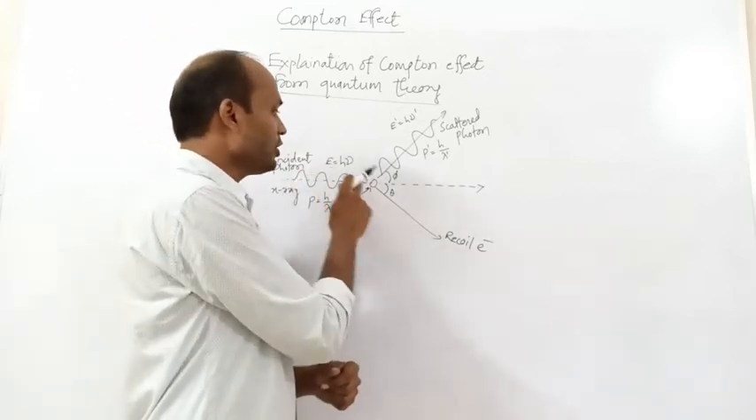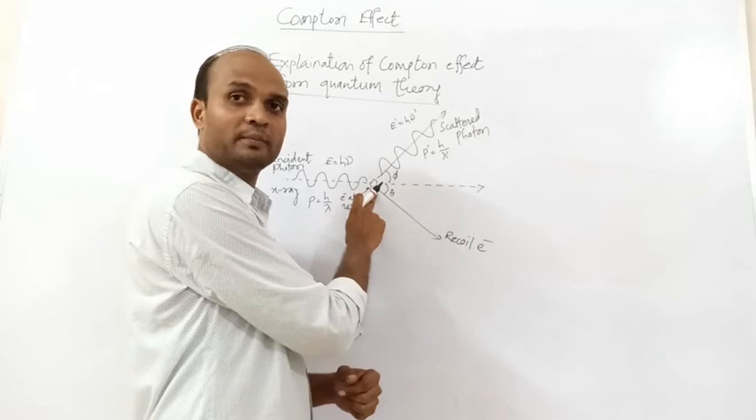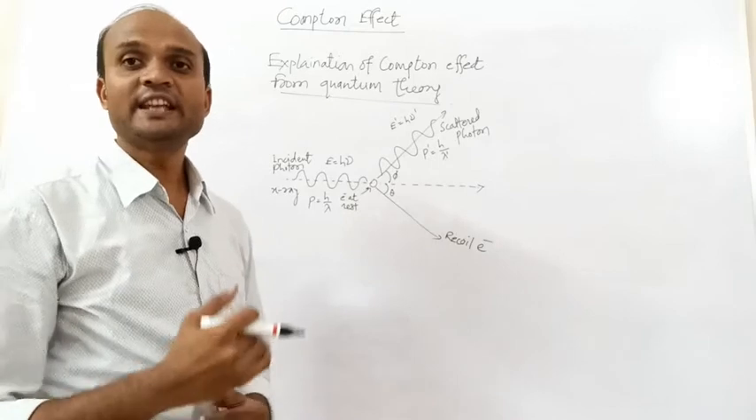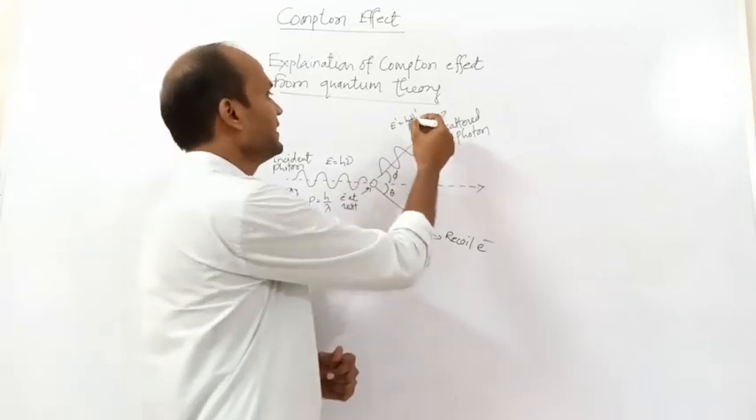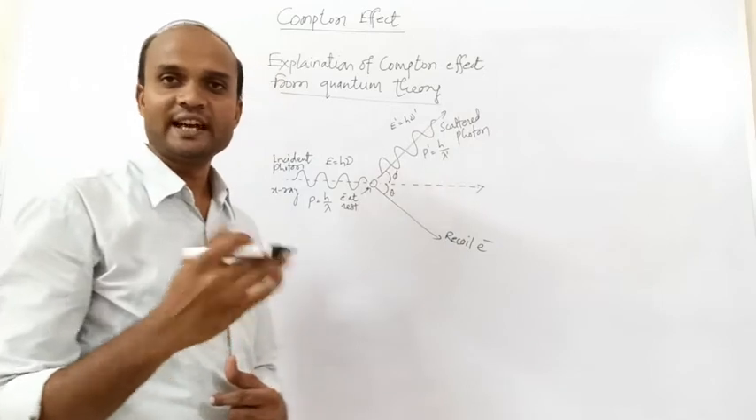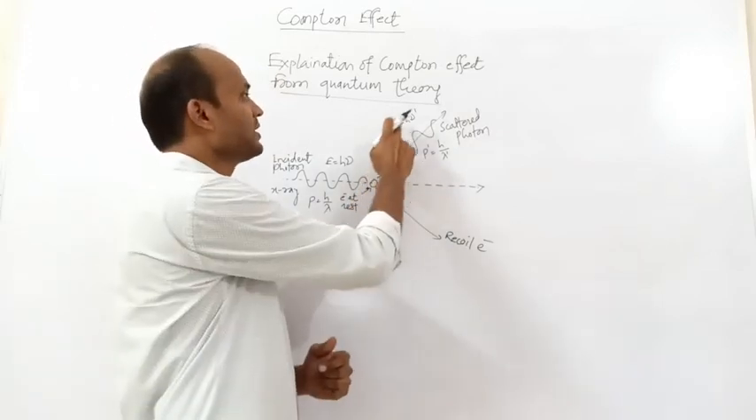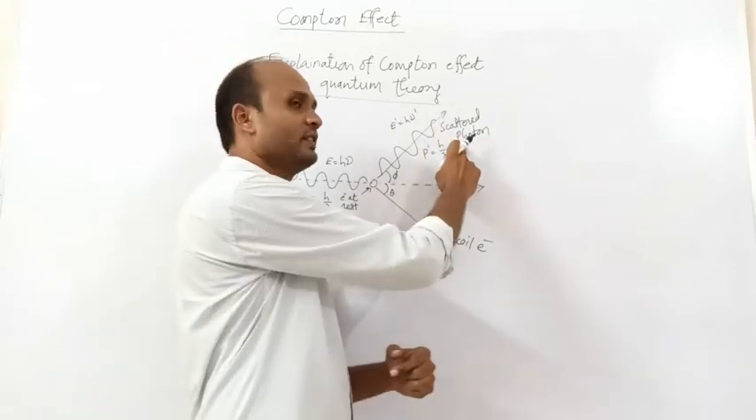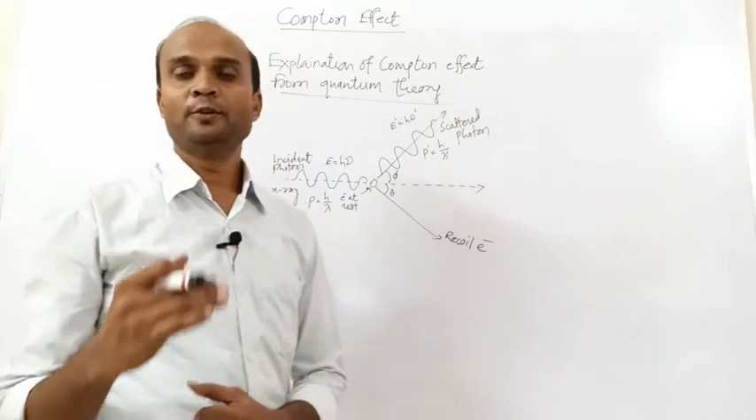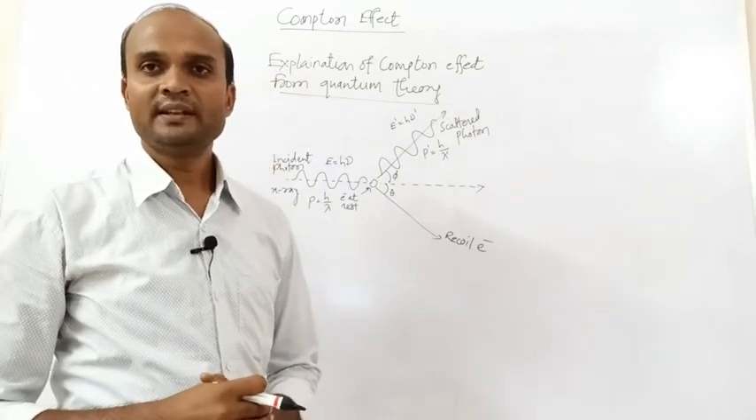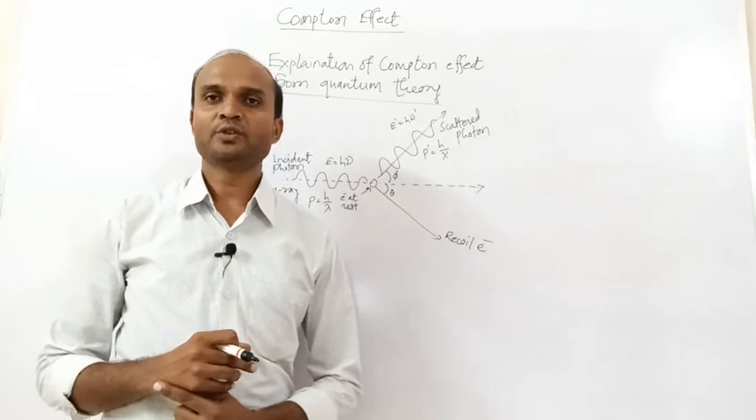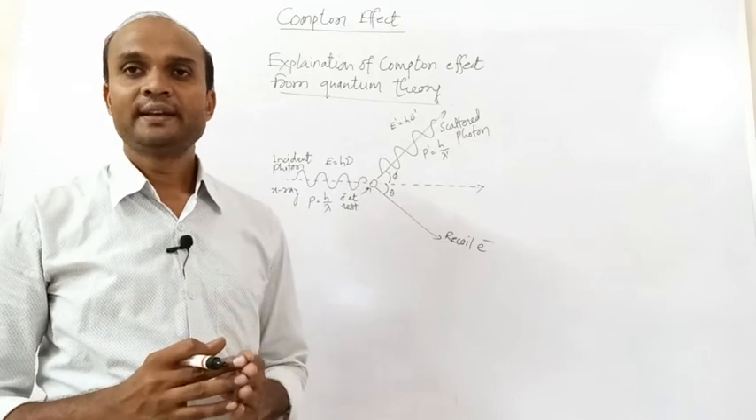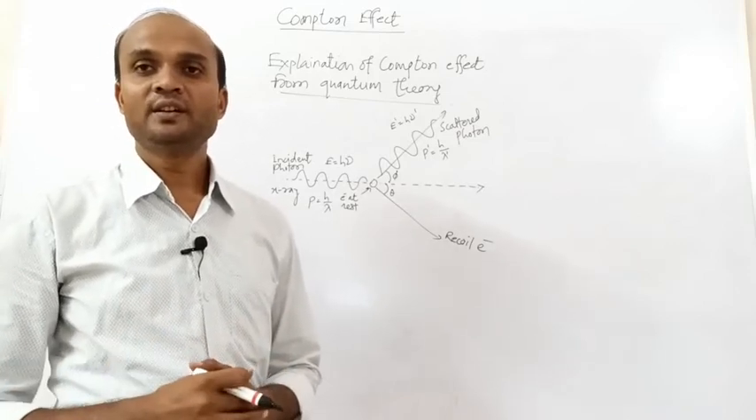So energy of the incident photon is transferred to the electron, which means the energy of the scattered photon will decrease. Its energy decreases means its frequency decreases, because energy is directly proportional to frequency and inversely proportional to wavelength. So the wavelength increases, and that's why the scattered photon has a slightly longer wavelength. This is the explanation given by Compton for the modification in the wavelength